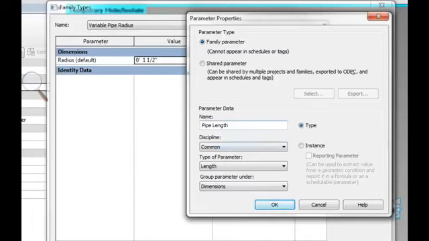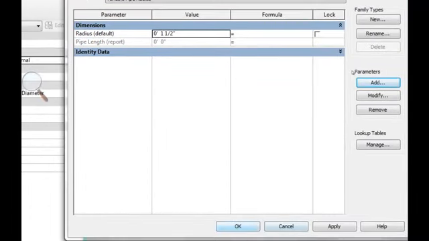But what I'm going to do is make it an instance parameter, and this time I'm going to also check the box that says reporting parameter. You'll notice in parentheses it has all this verbiage under there, and basically all it's saying is when this is a reporting parameter, it can be used to extract a value from a geometric condition and report it so that it can be used basically in a formula or in a schedule later on, if you choose. So if I click OK, and I'm going to click OK again,